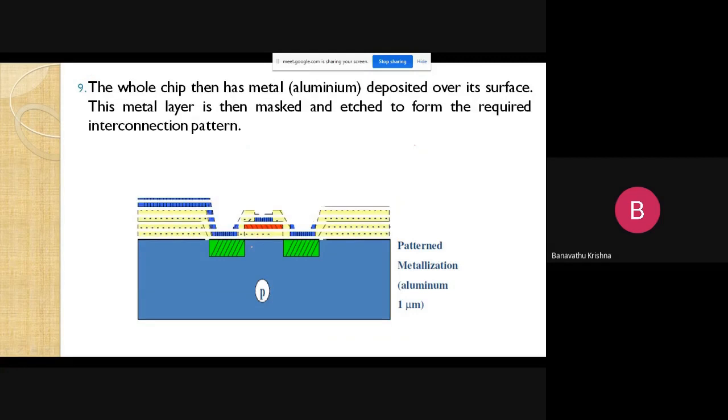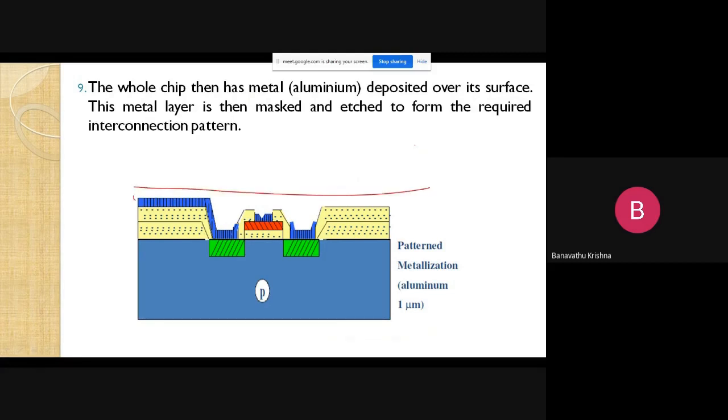The next step is here. Let us see. The whole chip then has metal deposited over its surface. This metal layer is then masked and etched to form the required interconnection pattern. Okay, so after etching in the previous slide there is no metal connection, but now we want to cover the